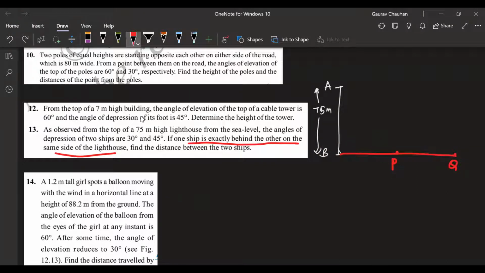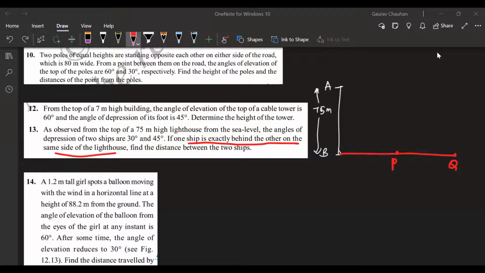What I said just now, is that making sense for people? Can I get a thumbs up if this is making sense for people here? If it's not making sense, can you unmute and tell me if you're not understanding what I'm saying? One ship is exactly behind the other on the same side of a lighthouse. Is this making sense for you or not? Can I get a thumbs up? I got only 2 thumbs up so far. Are people lost? G, it's not making sense to you. Dilruba, Deepak, is it making sense for you? Nishchay, what about you? Shripriya?